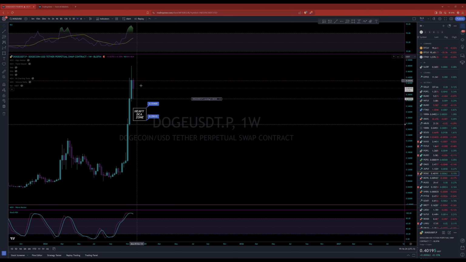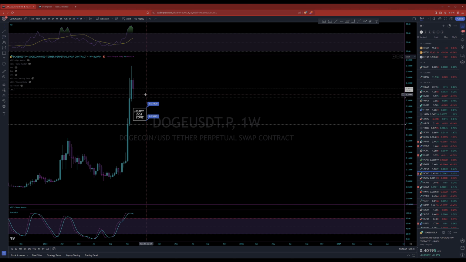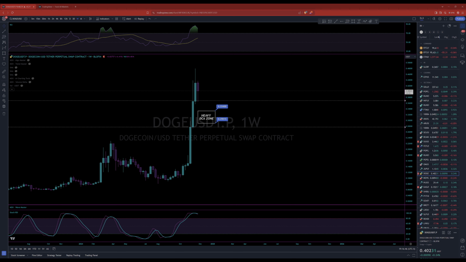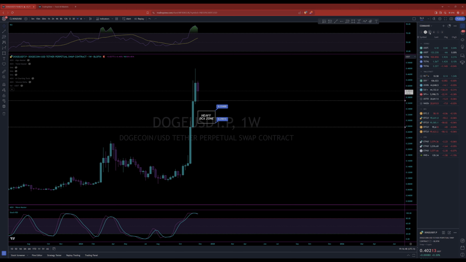So the next time price visits that, whenever it wants to, I'll be notified saying, hey, price hit a hot zone, a crucial horizontal support, or broke out. You know, pay attention. Look at your oscillators. Make a decision. And that's why it's powerful. Okay? So what you can also do with the paid version is make